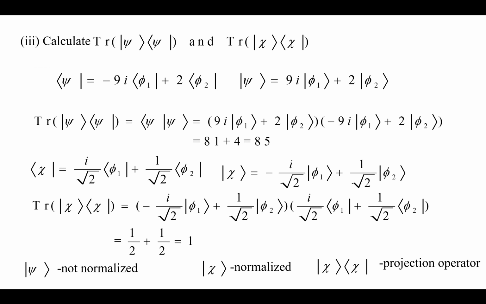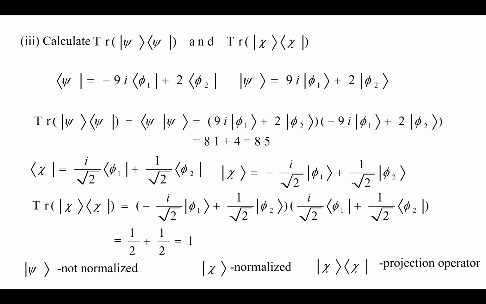So now the last one is calculate the trace of ket psi and bra psi. Similarly, trace of ket chi bra chi. So now similar terms we are going to have. So bra psi is given as minus 9i phi 1 plus 2 phi 2 and ket psi is given as 9i phi 1 plus 2 phi 2. You just find out trace of